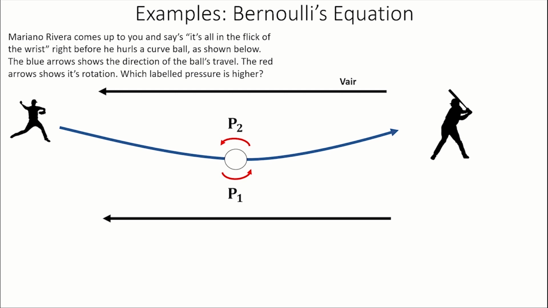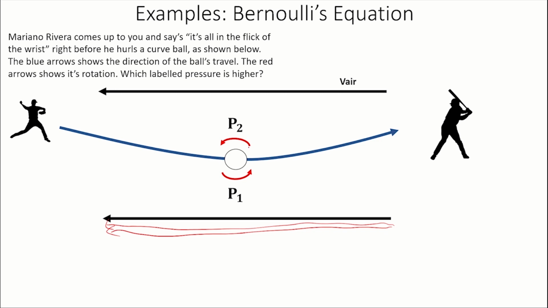All right, so you have this ball moving in this direction, and so the air is moving in the opposite direction. The other way you can think about it, from the perspective of the ball, the air is moving. And so the velocity of air is going that way, and these are called streamlines, by the way. The closer the streamlines, the faster the velocity of the air, or the fluid, is. And the further apart they are, the slower it is, the less velocity it has. I probably won't ever mention that again, but probably worth noting.